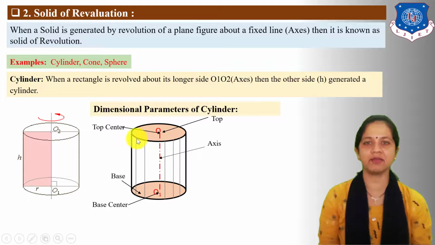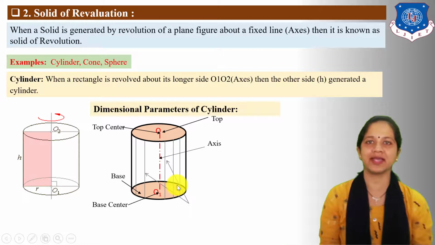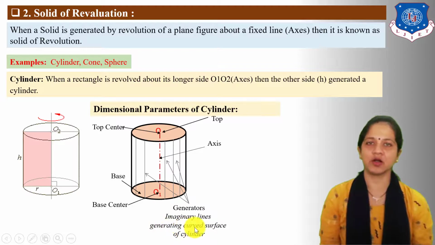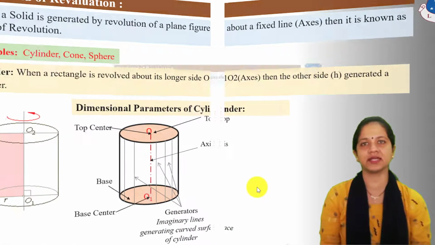Now the vertical imaginary lines which connect base circle circumference point to top face circle circumference point are known as generators. Generators are imaginary lines generating curved surface of cylinder. Now any cylinder has infinite generators because the outer surface of the cylinder is in form of curve. Next, let us understand